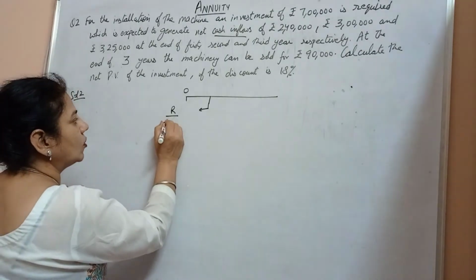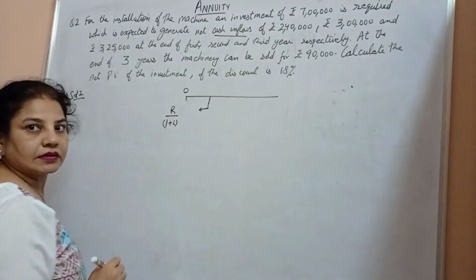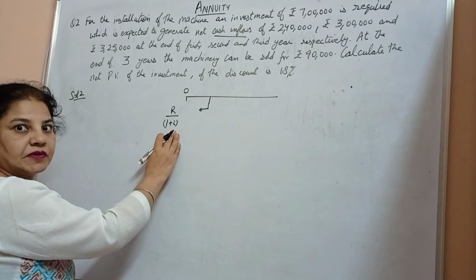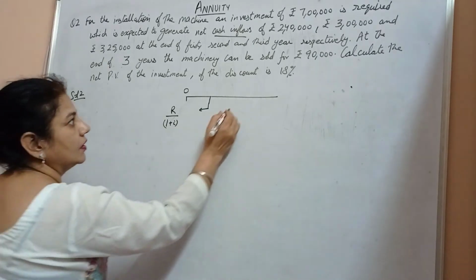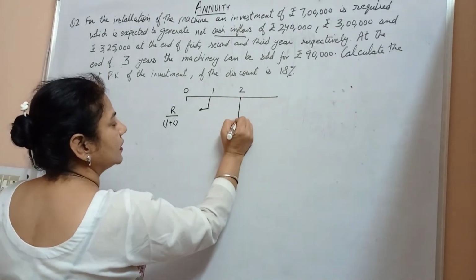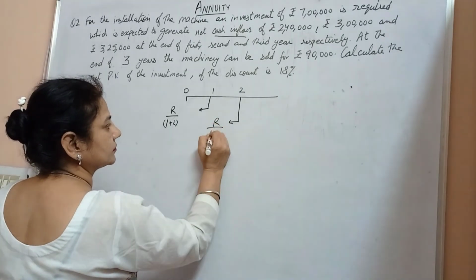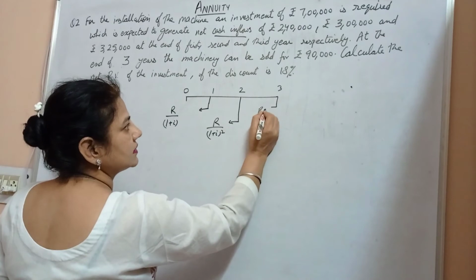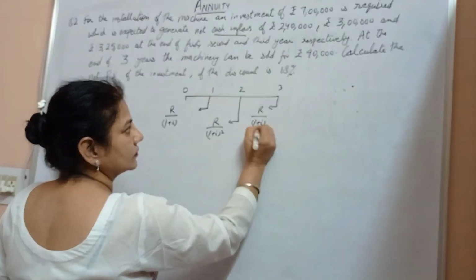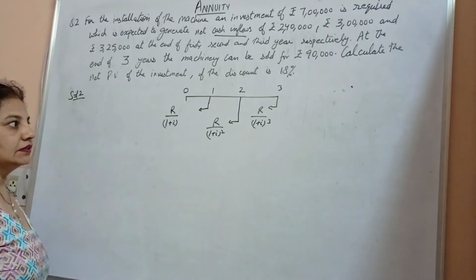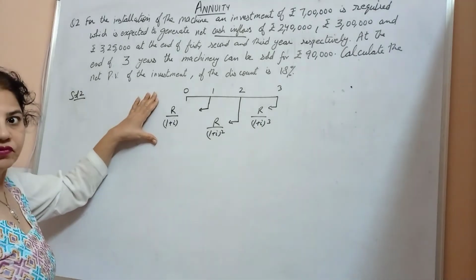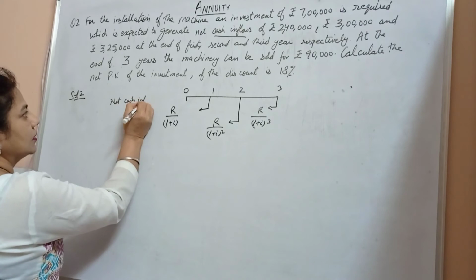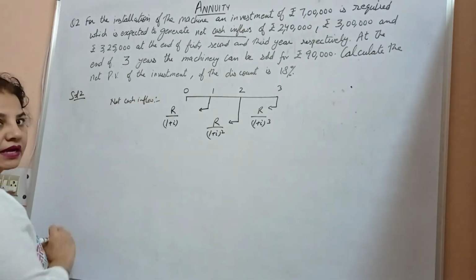the payment upon 1 plus the rate of interest, which is 18% discount, and in decimal form it is 0.18. For the second year, it is given as the payment upon (1 + 0.18) squared, and for the third year, it is given as the payment upon (1 + 0.18) whole cube. This is the net cash inflow. Let us calculate for this.